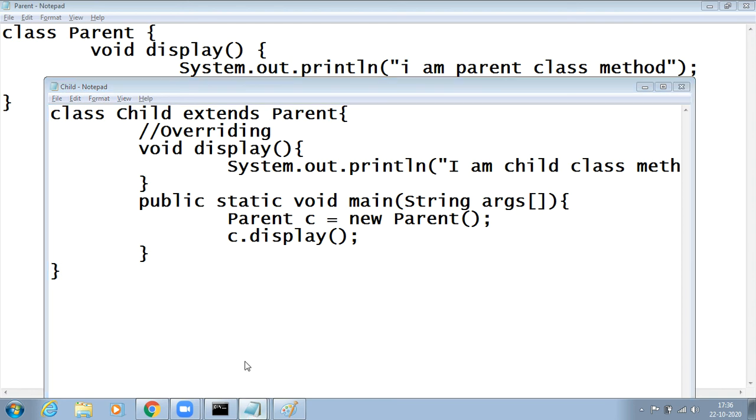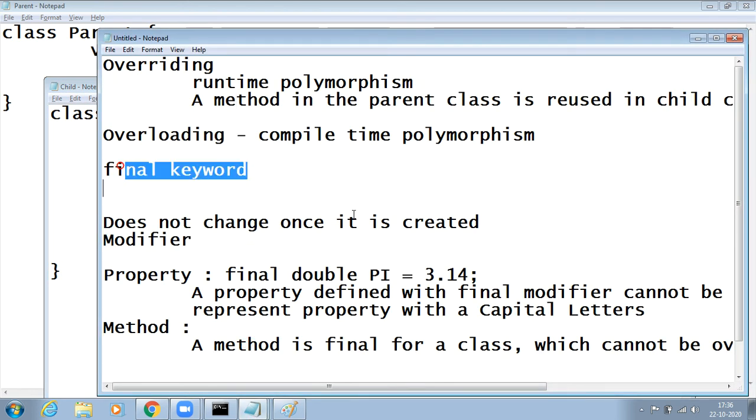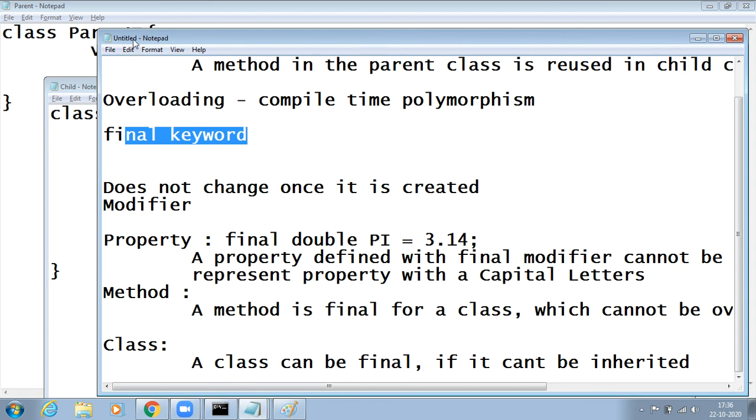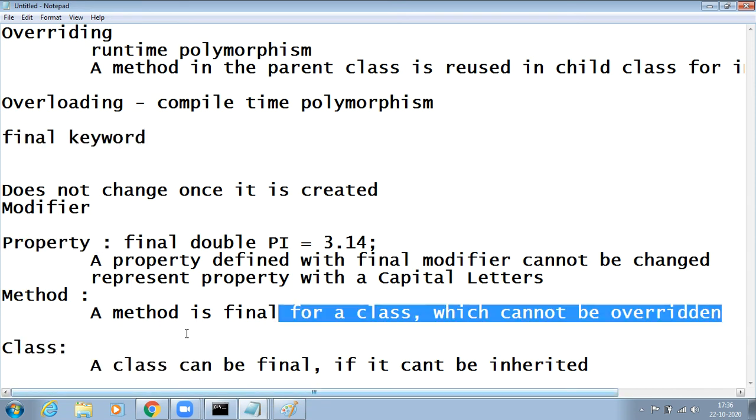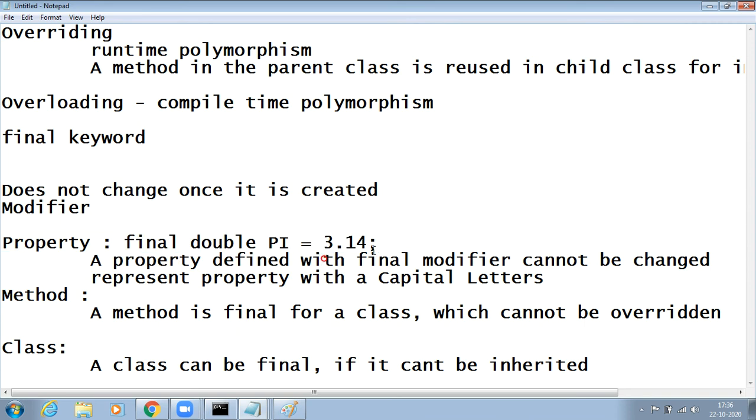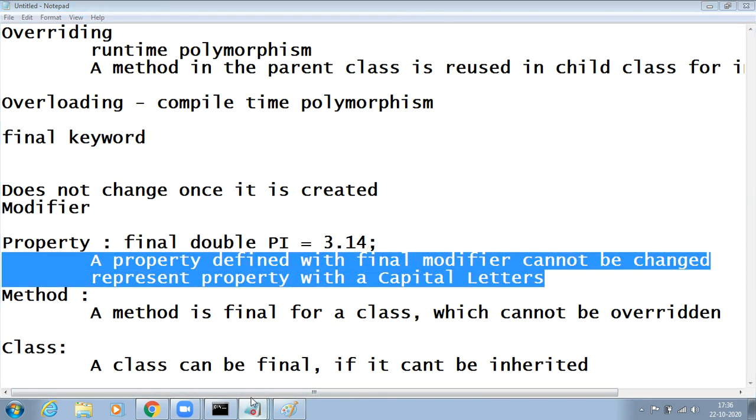Now we go straight to our concept called the final keyword. What does the final keyword speak about? It mainly focuses on final property, final method, and final class. When a property is given as final, that cannot be changed. How to look at that?